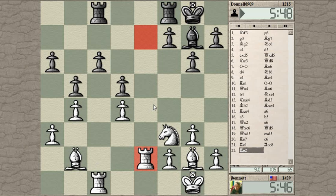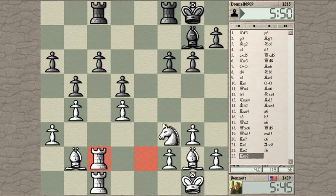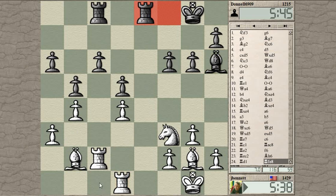And if he trades, trades help me. He kept the knight out of e5 by pushing the pawn, but he doesn't have any good way to defend the c pawn, or does he? Yeah, that's good. That is a good way to defend. Taking advantage of my bishop, which, like I said earlier, is kind of out of play. So I'm going to bring this bishop back into play via c1